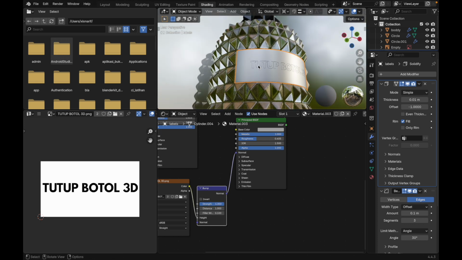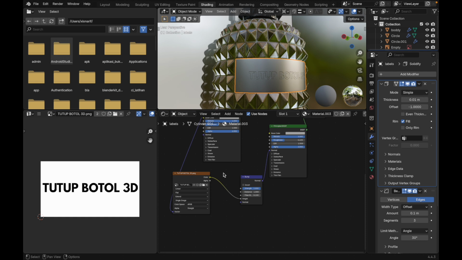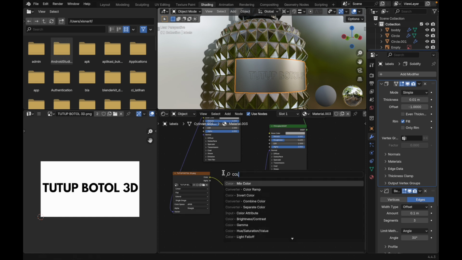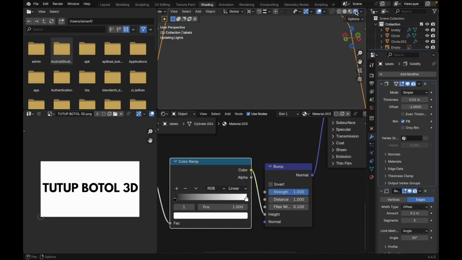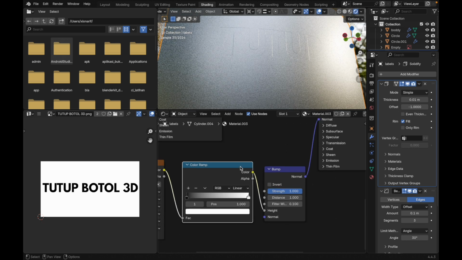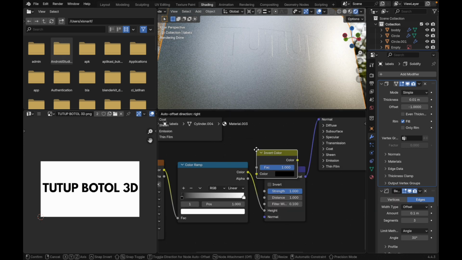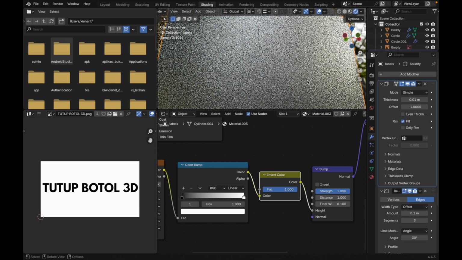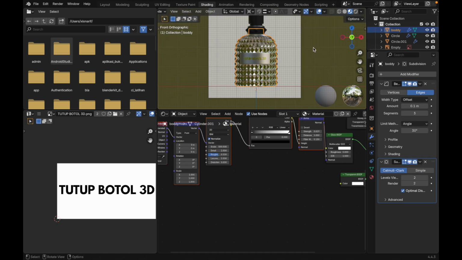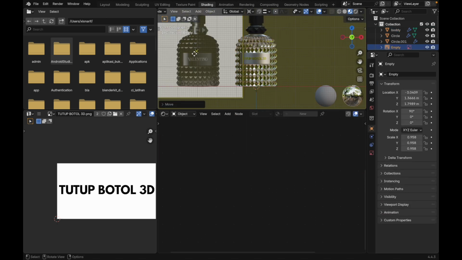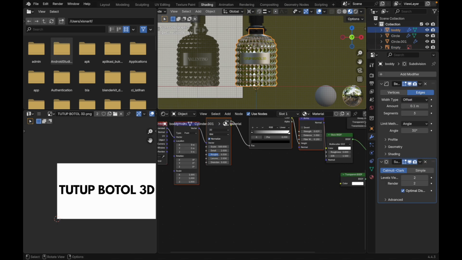Now we have something like this. We can adjust it with the color ramp node, Shift A, search for color ramp, put here. Let's change to the render preview. Okay, let's put some invert color, put here. Then we can change this color to any color we want. I guess we are totally done here,